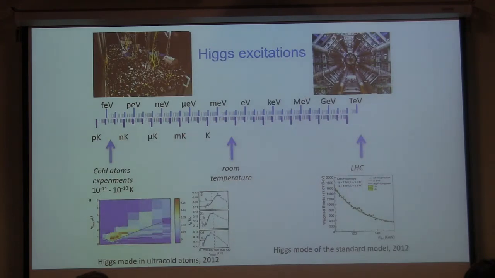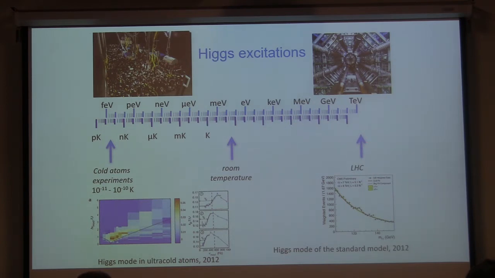And obviously you have seen this plot from LHC observation of the Higgs excitation in proton-proton collision. And I don't know, Emmanuel, if you showed this kind of comparison, so that's one of my favorites. In order to observe this Higgs excitation, the collider experiments had to be done at energies which are 12 orders of magnitude higher than room temperature.